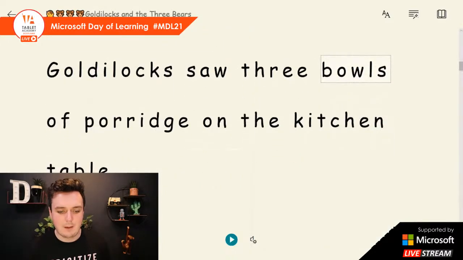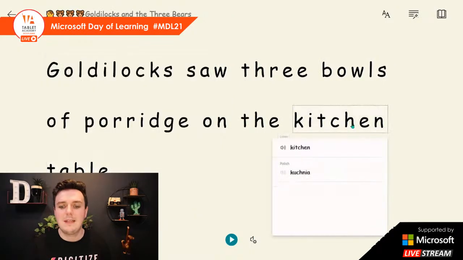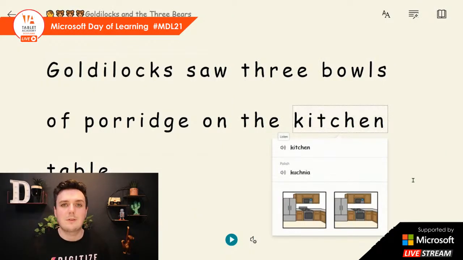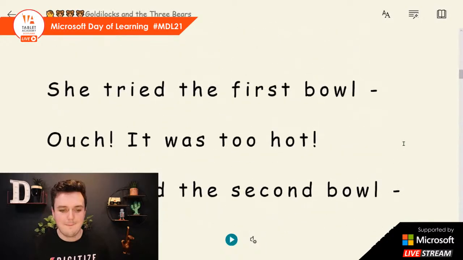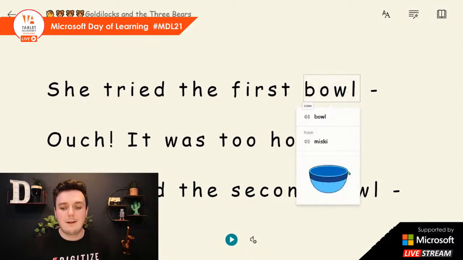So I wonder if we can have table. There's pictures of tables. Kitchen. We've got pictures of kitchens as well. Okay. So what you could do is say, oh, I see the word here, but I wonder what a bowl is or looks like. I wonder what you would use a bowl for, and then you can click on that bowl to support your